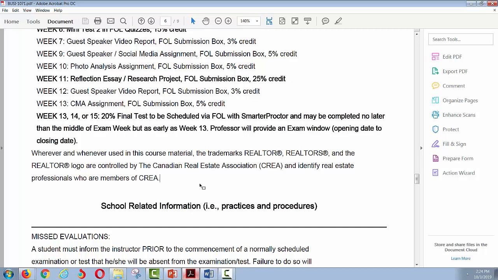Without paying to be a member of CREA, I shouldn't really be referring to myself as a realtor. I'm doing hand quotes right now. I just wanted to make sure you understood the legal ramifications of that. If I put this in print on my website and say I'm a realtor, without a little disclosure at the bottom that I'm a paid member of CREA, and that's why I'm allowed to use that term, I will get contacted by the regulatory body in Ontario,